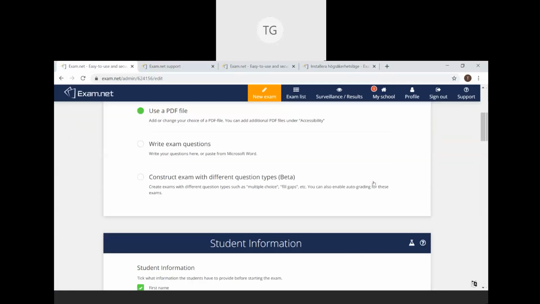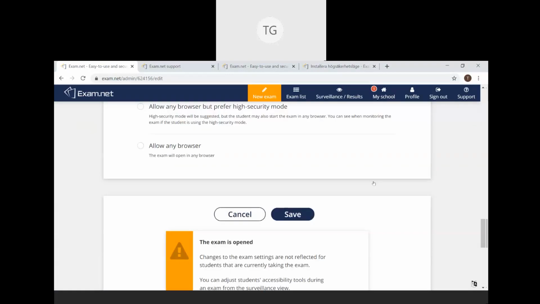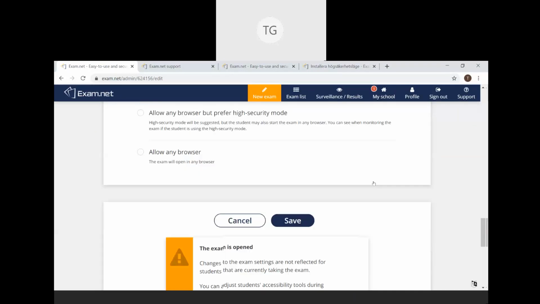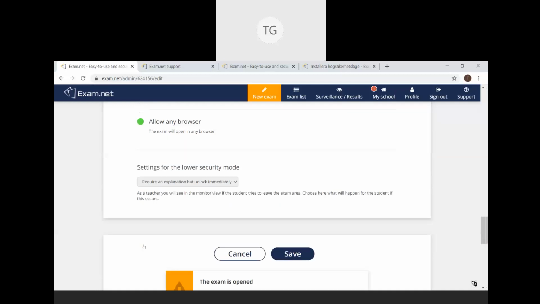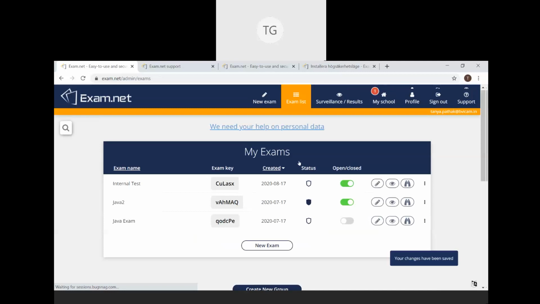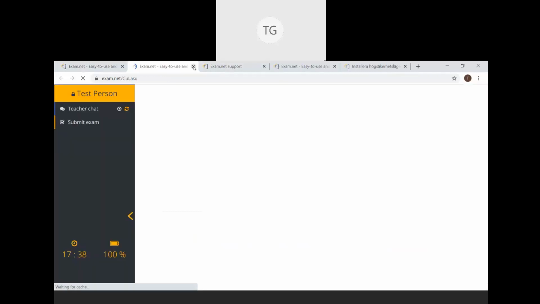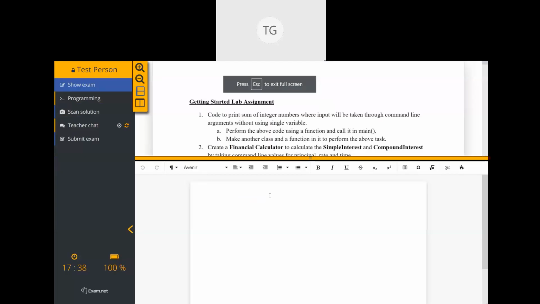So this leads to the same page where we were. If there are any settings that you need to change, if I now want to allow any browser, I can do that. I no longer want a safe browser exam, right? So if I copy this key now and begin the exam, it will allow me to access.